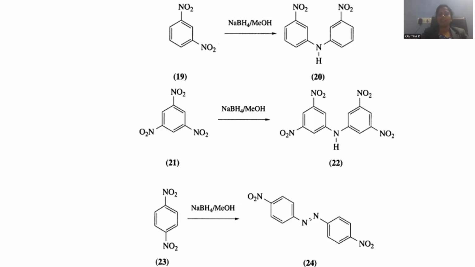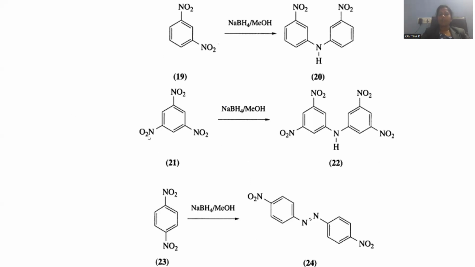Earlier, when we observed an aldehyde and nitro functional groups in the same compound, there was no reduction process. But whenever more nitro groups are present on the benzene ring, the ring will be more deactivated. At that instant there is a possibility for the reduction, and dimerization is possible, right? You can notice this kind of dimerization reaction whenever more than one nitro substituent is on the benzene ring.